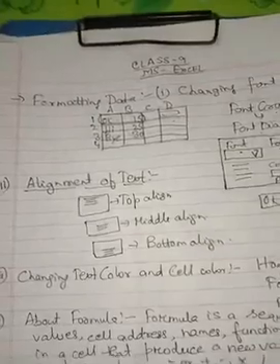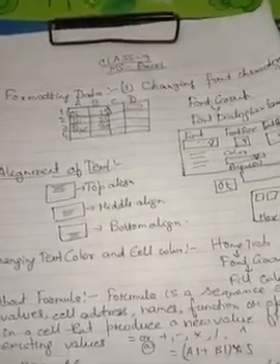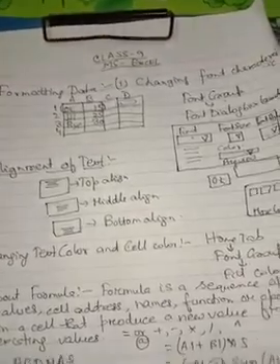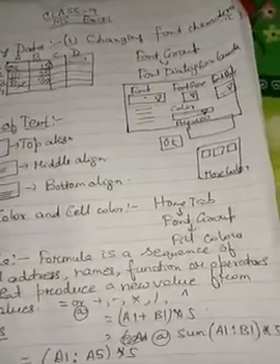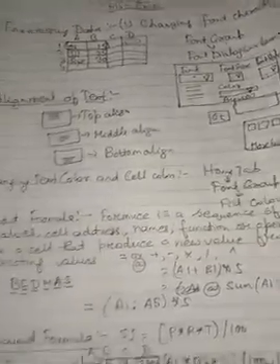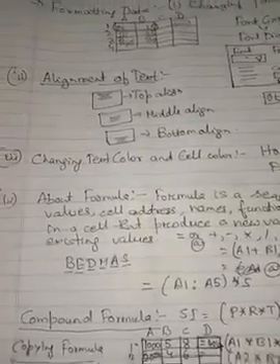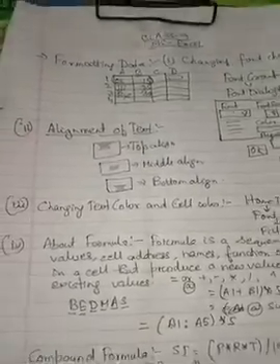Next, we discussed formula. What is formula? What are the different operators that can be used in formula? How can a formula begin? What is the simple formula? The way of writing the simple formula. What is the way of writing the compound formula? How can we copy the formula? What are the basic rules that the formula follows?